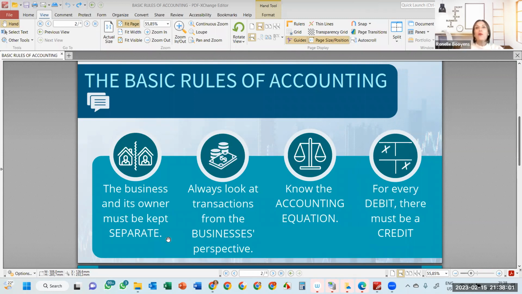But often owners will be so involved in the business that the owner's finances cannot be separated from the business. Those are the people who put in the till a little slip that says, I owe you, or I owe the business, or use the business bank card to pay for personal expenses or purchases and so forth. When the owner starts a business, the owner of that business must realize and remember that his or her financial transactions must be kept separate from the business. And we're going to look at that as we go along, but keep that in mind as a basic rule for accounting.